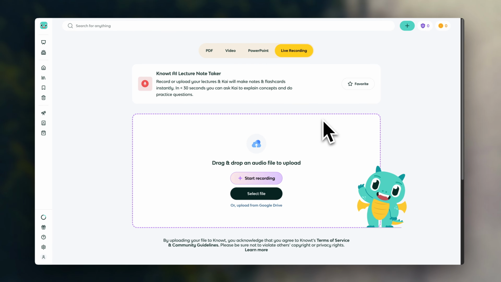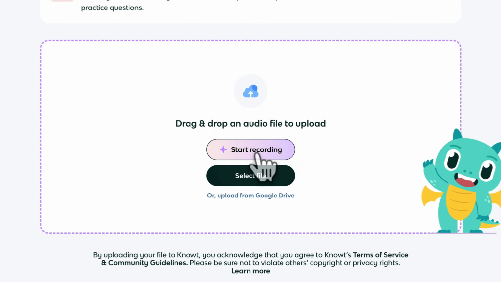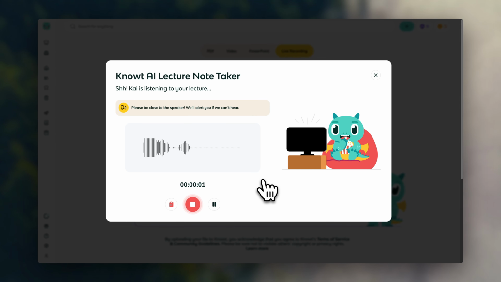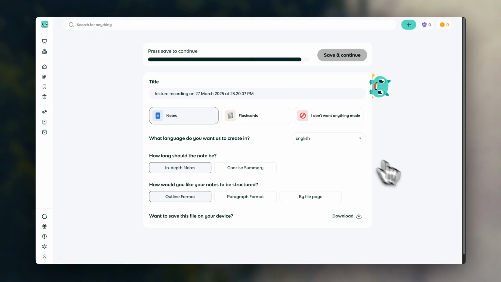So I've seen teachers use this in so many different ways. Some people just pull it up at the start of class, and they can open it up on their phone, iPad, however they want to do it, but I'll pull it up right here, and it's going to start recording whatever I'm talking about right now. So this is a great way for you to create some stuff for your class without having to do much. So I'll press stop when I'm done, and then I can choose whether I want notes or flashcards made